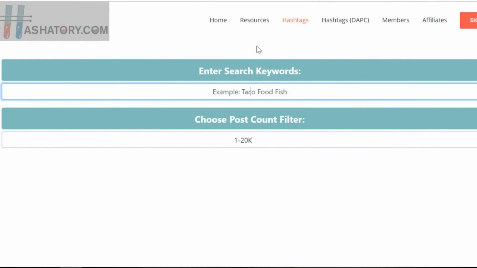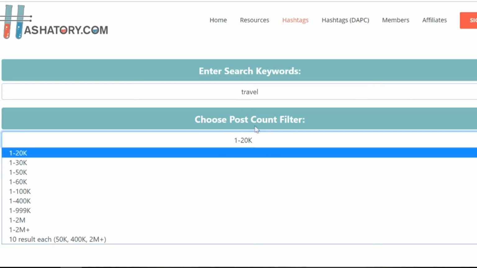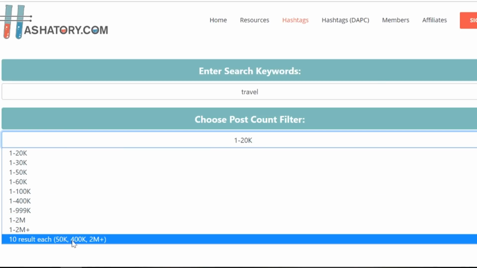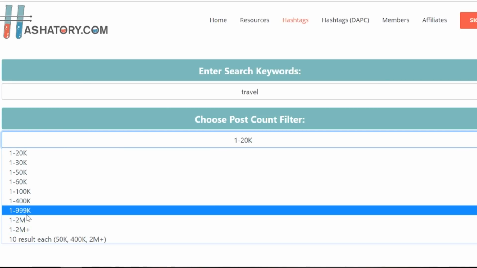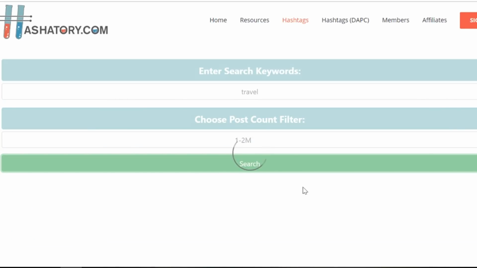What I also do is I use another hashtag tool, which I know some of you guys are familiar with because I've been talking about it on the channel before. So I'm just gonna hop onto my computer again and I'm gonna show you guys that as well. This tool doesn't work with specific tags, but more so gives you hashtag ideas and inspiration. Search up the word travel, for example, and you'll get tons of hashtags related to travel. With the search filter, you can also choose the size of the hashtags to filter out the bigger and smaller ones. Then once done, you click search and you'll see the hashtags appear down below.